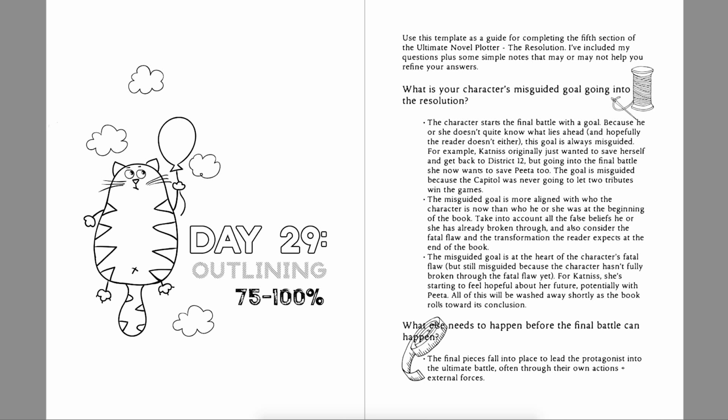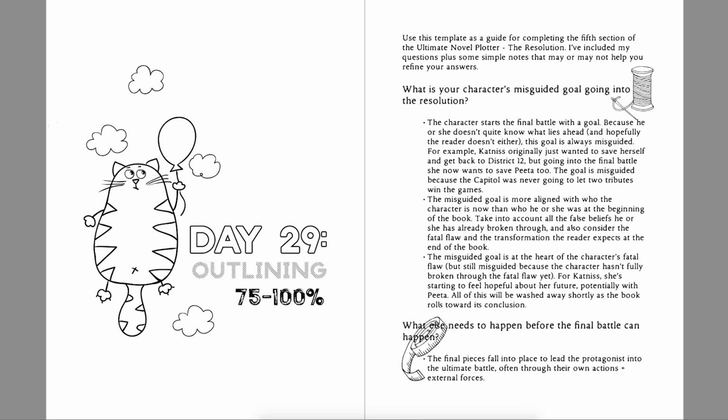So the first beat of this is, we have that final cards on the table moment, and then we're in the final battle section, the resolution section. The first beat is: what is your character's misguided goal going into the resolution? They're going to start the final battle with a goal, and it's going to be both a misguided goal